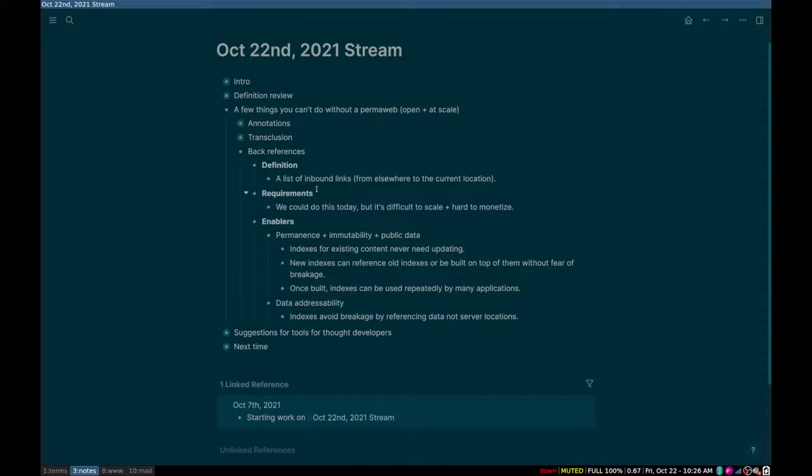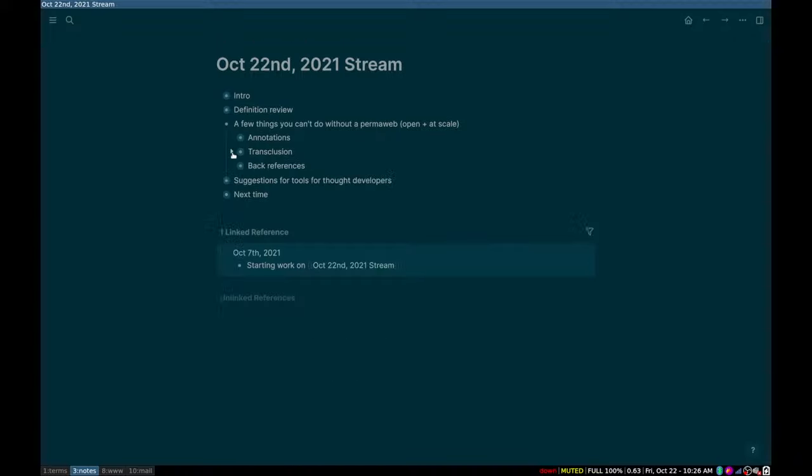So this one is still being built out in my head a little bit. But I hope that gives you a flavor of why I think a permaweb shifts the dynamic on back references to where we can really start to build this stuff at scale. And maybe lots of people don't use it, but just being able to incrementally build it and add to it would let a small community of people start building these things out. All right, so that's back